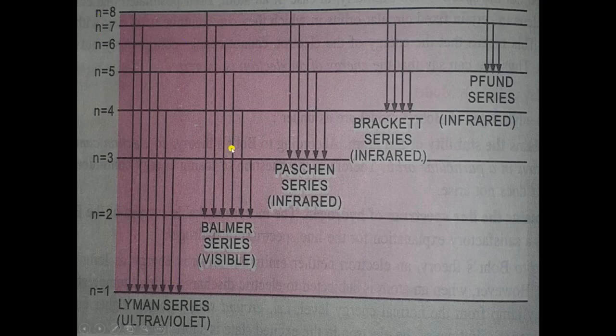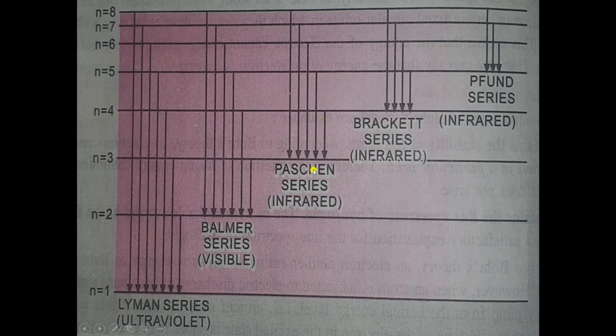Now if the electron was initially present in n is equal to 2, that means if the ground state of the electron was n is equal to 2, then the excited state of the electron can be n is equal to 3 or 4 or 5 or 6 or 7 or 8 or so on. So the electron will come back from its excited state to the ground state. So it is a possibility that the electron will come back from 3 to 2, 4 to 2, 5 to 2, 6 to 2, 7 to 2, 8 to 2 energy level.